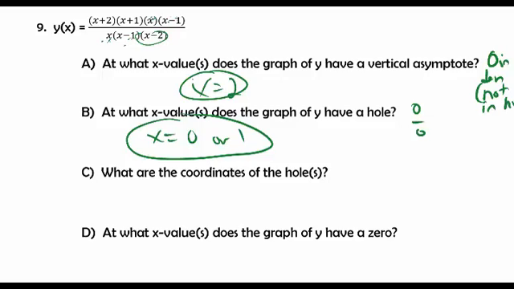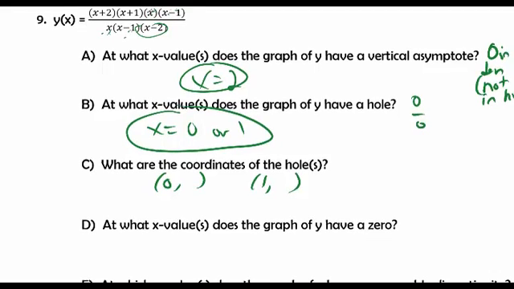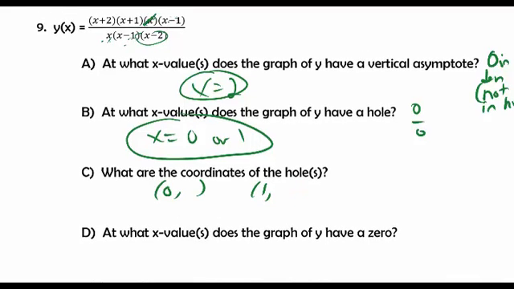The coordinates of the holes. All right, that's a little trickier. The coordinates, we know the x values are 0 something and 1 something. To get the y values, what you do is you simplify out. You simplify away the factors that are in both the top and the bottom, and you plug the x coordinates